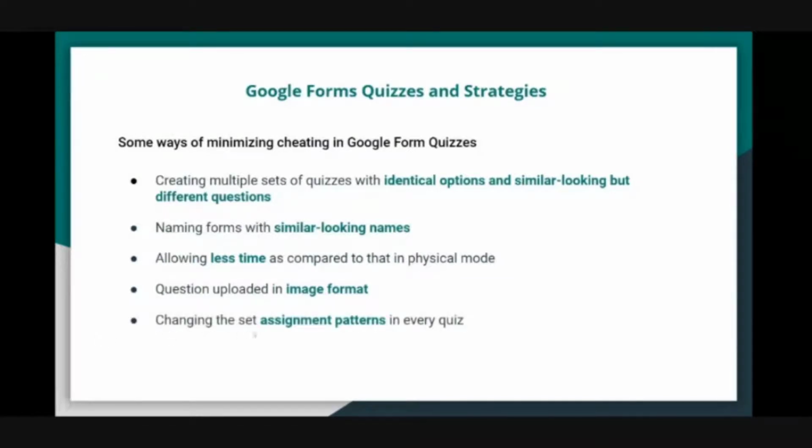Then changing the set assignment pattern, in reference to the first point, where I'm suggesting that you make multiple sets of quizzes. When you assign them, you can change that pattern. Say you decided that I'm going to assign my first set. Don't name it set 1, set 2 like this. You name it in a way that they can't make it out. They should not know that they have been assigned set 1, and some students should not know that they have been assigned set 2, because then what will happen? They will write in their WhatsApp group, hey, who all have got set 2? They will make a small subgroup and say, okay, set 2 mein is question ka answer ye hai. Set 3 mein is question ka answer ye. So let's not let them know which set has been assigned.